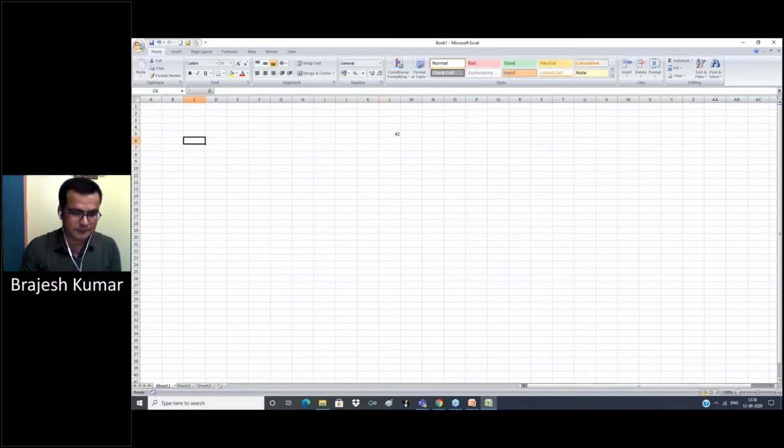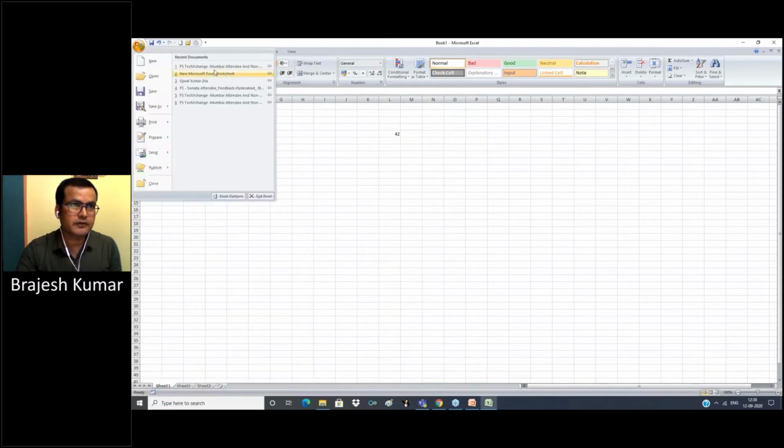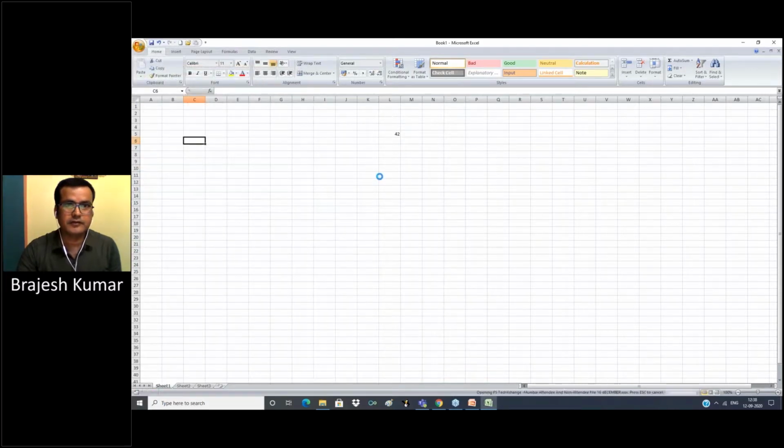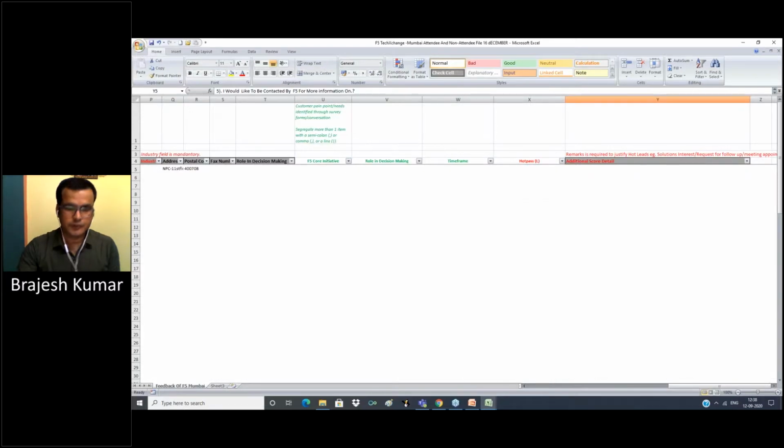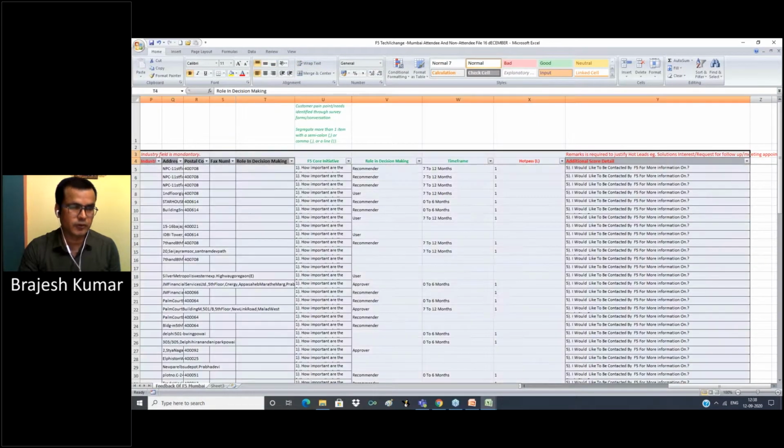Now we discuss shortcuts. Some common shortcuts: Control A to select all. Suppose we open a file and we want to select all our data in the Excel file. Control A selects all data.